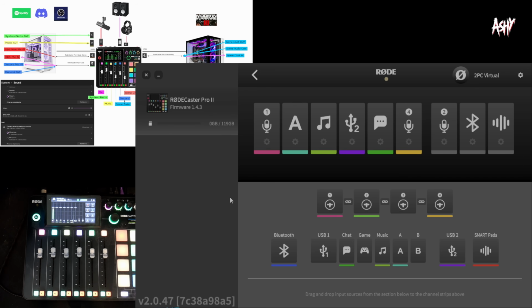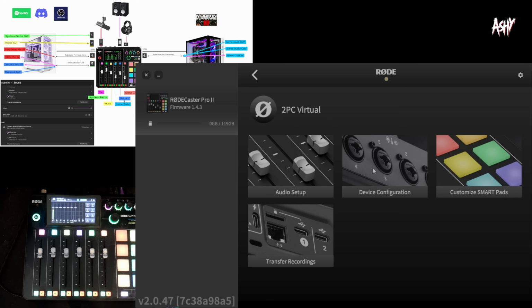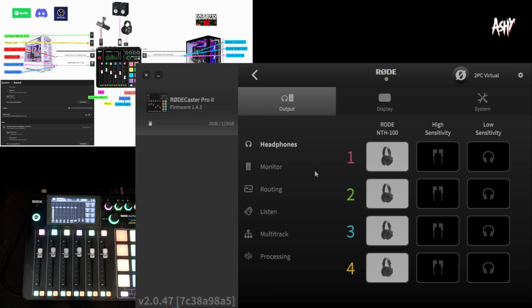Okay, so the faders are done. So now what we do is we get into the heavy lifting of routing. And that's where all the work is. But before we do that,